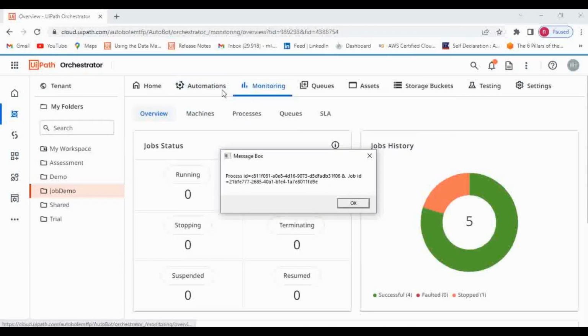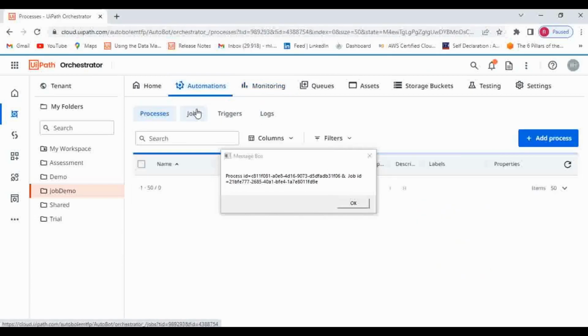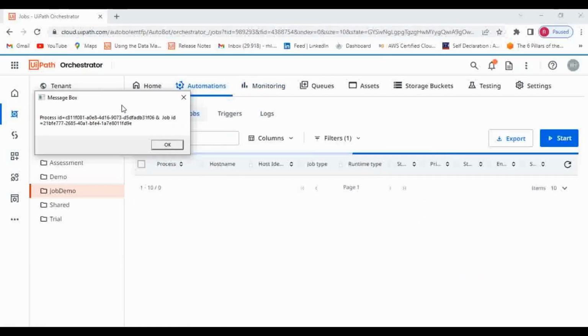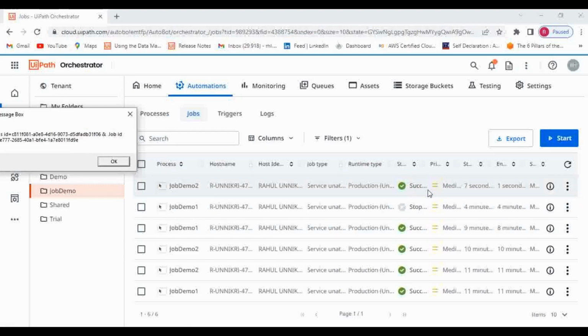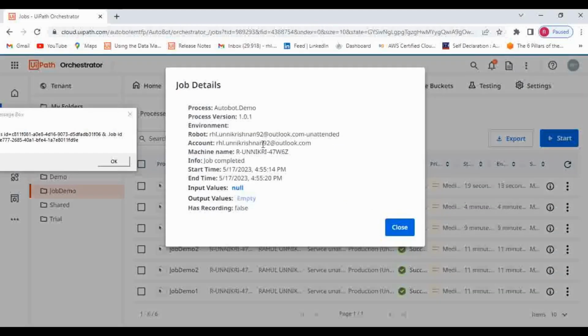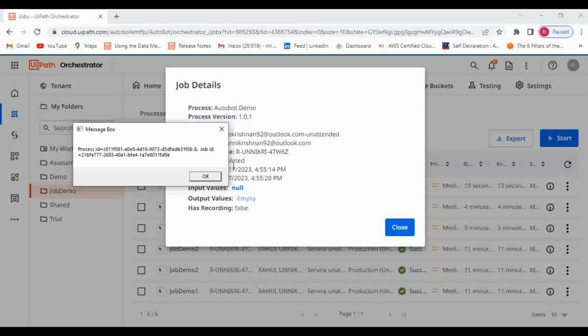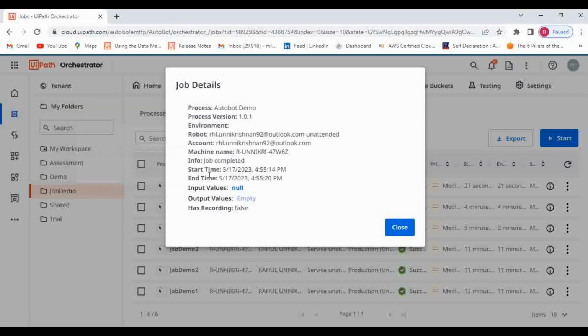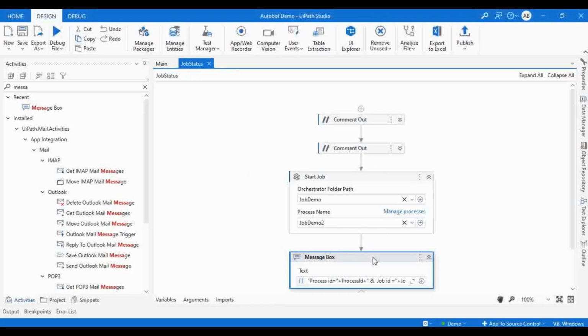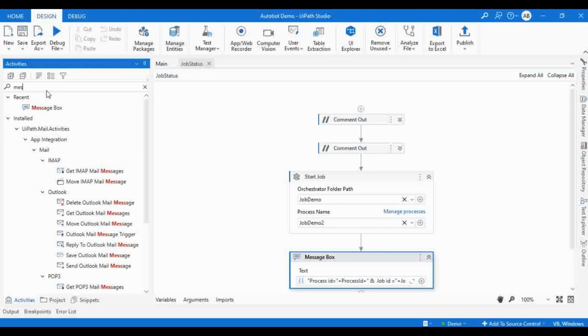Okay, so let me go to automation, go to jobs. Here we can see a job has executed and the status is success, right? So this is how we can execute the automation process, and we can trigger the automation process from our Orchestrator, from our Studio. So we have learned how we can start an automation process from the Studio activity, right? And the next thing is